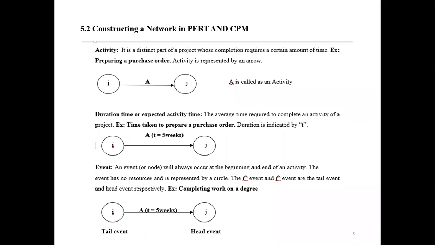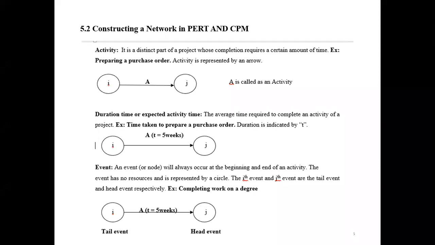They will set up the wall, and after the wall they will do the slab, then roofing, then painting, like that until they finish the final finishing of the hostel building. They divide it into activities, so that is called an activity.